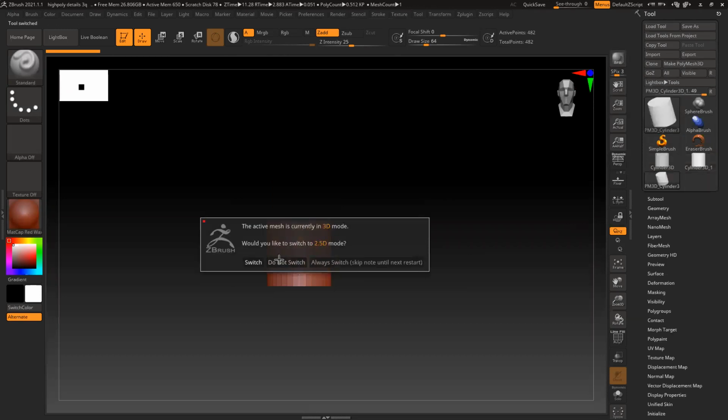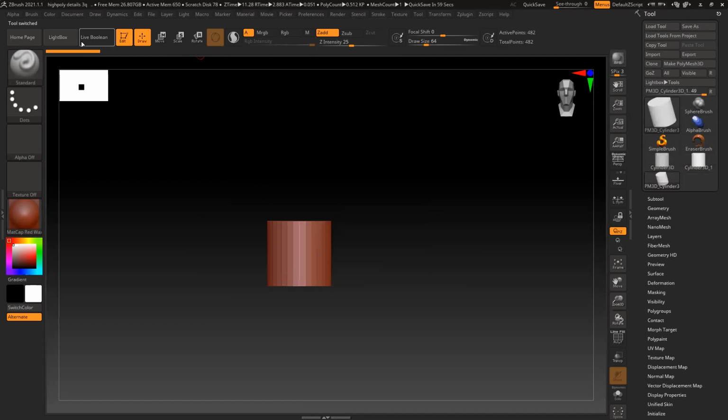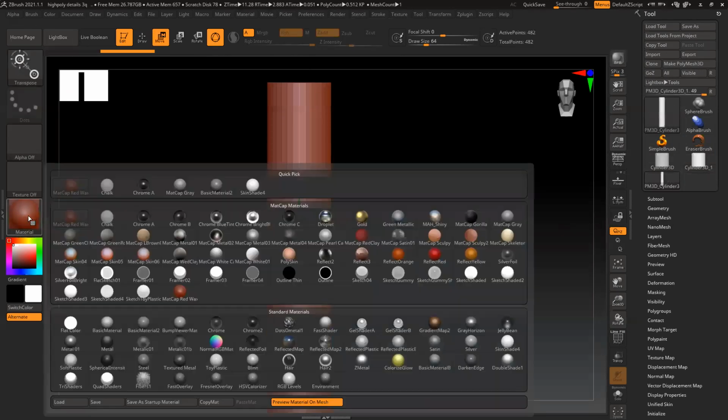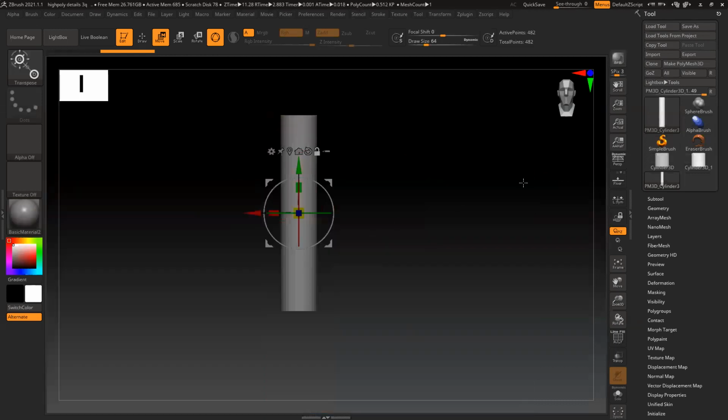Polymesh 3D, right. So suppose you have this thing. Let's check that. Just give me a second. I'll show this thing. Then open that.